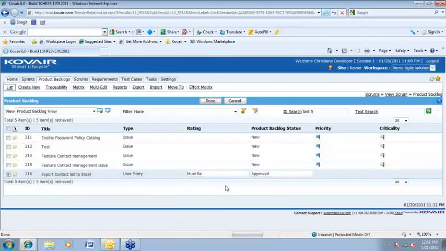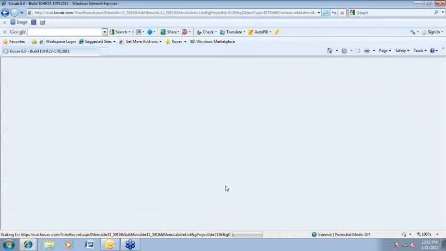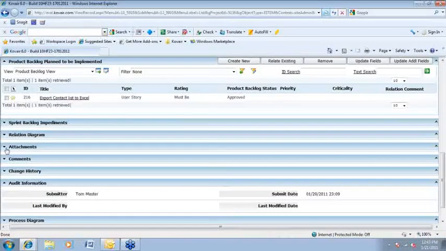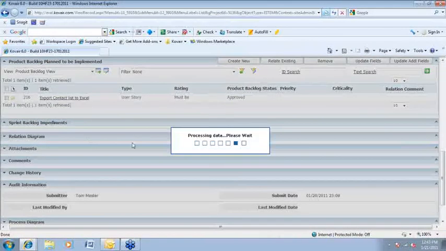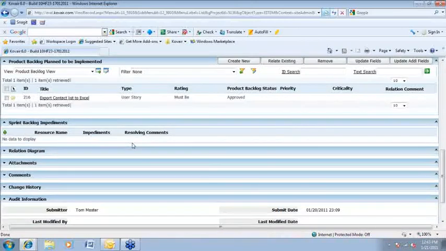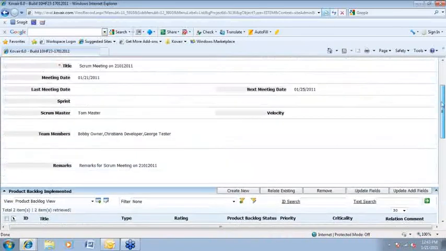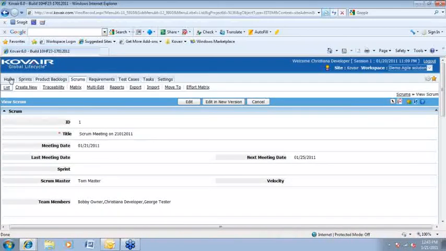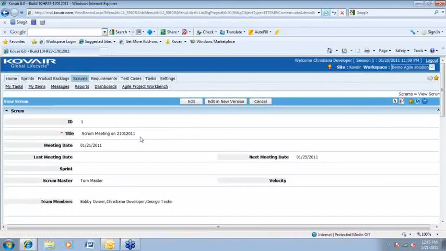Also, she can provide some information about the impediments and the backlogs that she is facing with this user story. So she can also go ahead and enter the impediments that she is facing regarding the backlogs. I'm now going back into the task page once again,